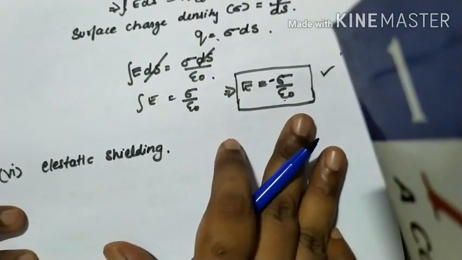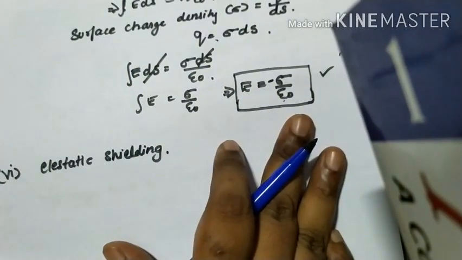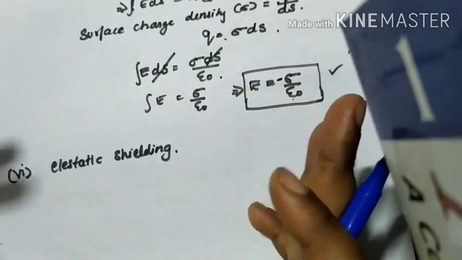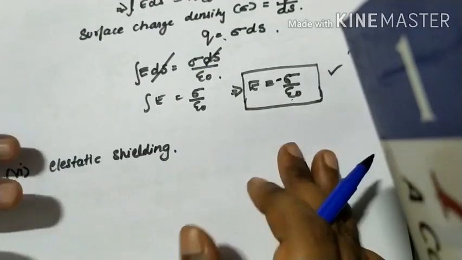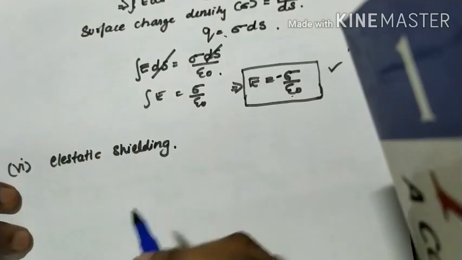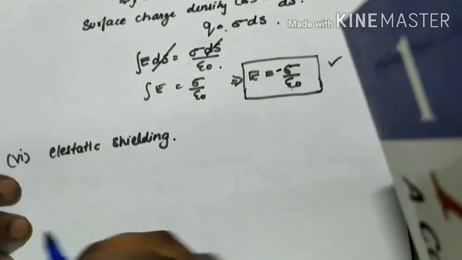See, in your old TV, I'm not talking about LCD TV, or old computers, or let's say a CPU which has a motherboard, right? Have you ever thought why so much space in the CPU is vacant? There is a lot of space. Why can't you fill it with something, stuff it with something? But almost all the electronic devices have a lot of cavities. Why is that happening? Let's see.